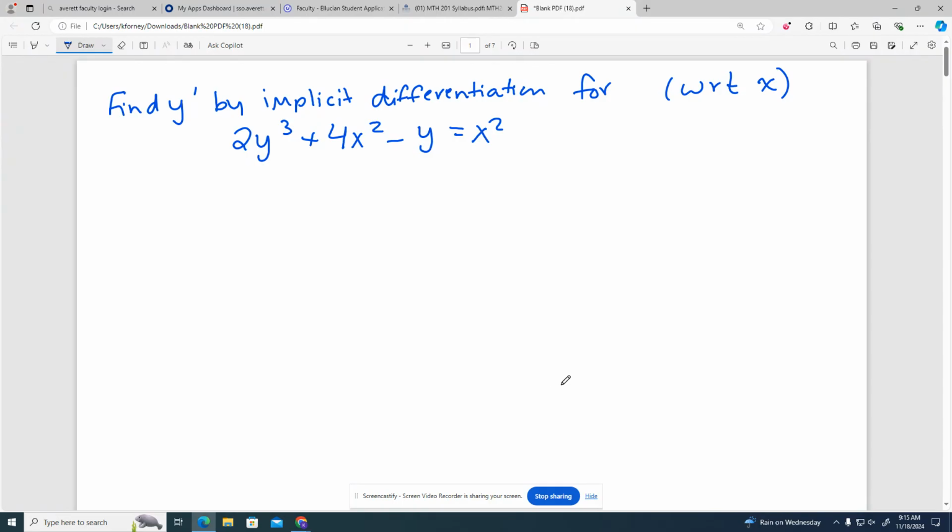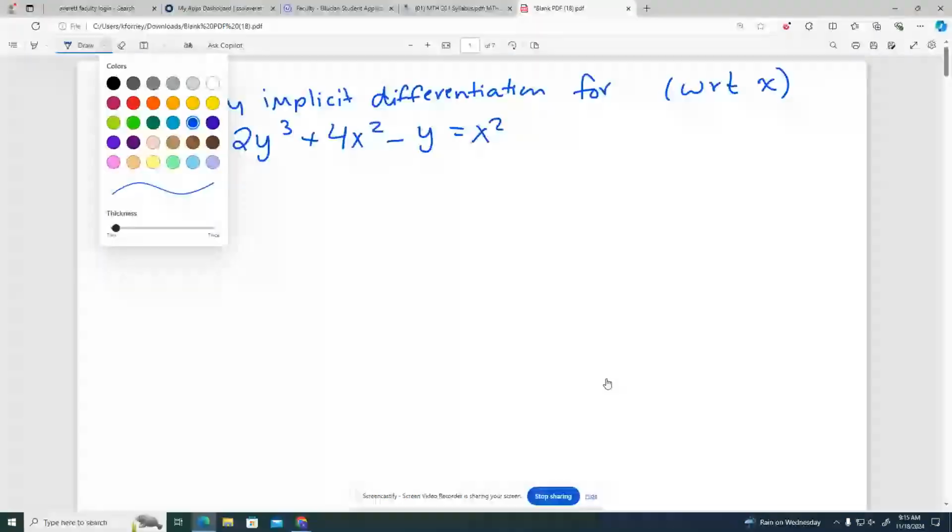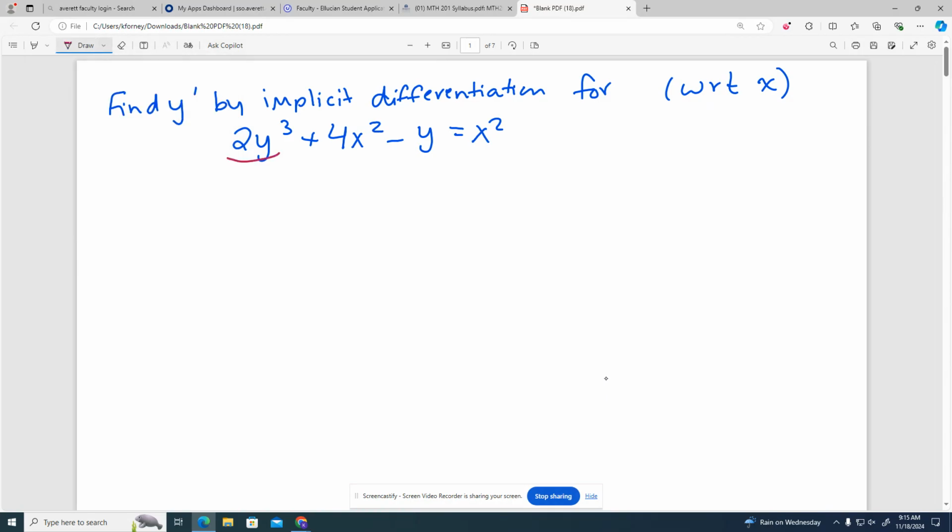Okay, so find y prime. We take the derivative of each term individually. What is the derivative of 2y cubed? 6y squared y prime, plus, what would the derivative of this second term be? 8x